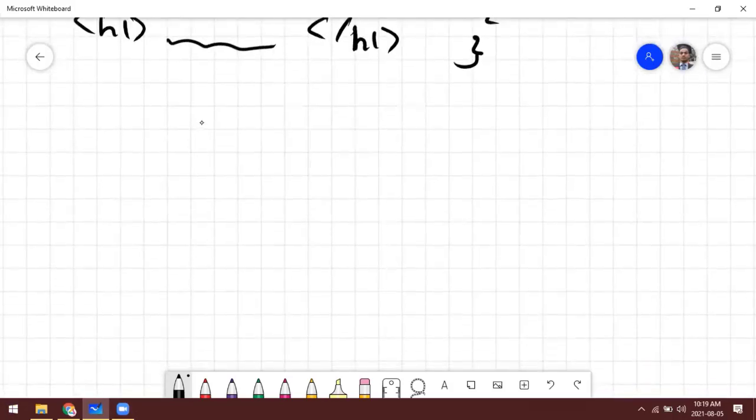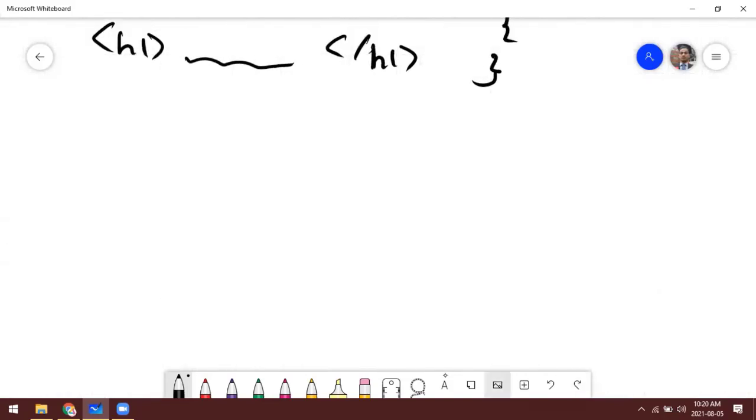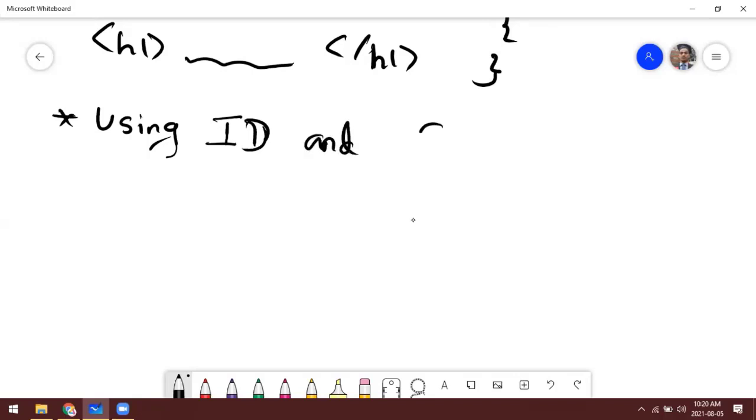And another common way is using ID and class. This is also very important for you to understand.